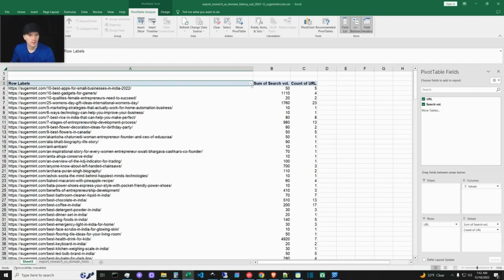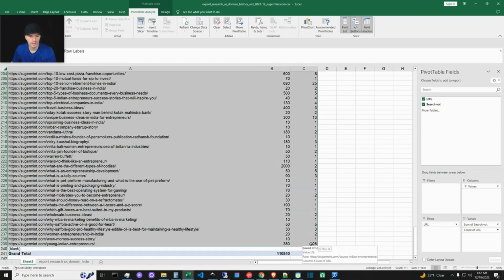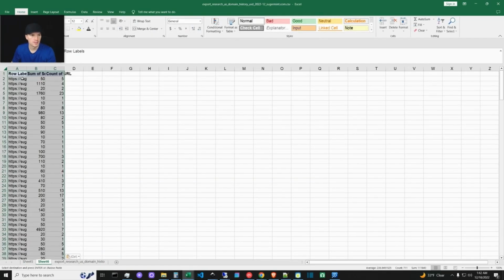So it's unwieldy to use it in this form, and so what I prefer to do is I select this top row, then hold Control and Shift and press the down arrow. And you don't want to select this bottom row because it glitches the way that you copy this data. So you hold Shift and you click that last cell over there on the other columns, then copy, Control-C, open a new sheet, and paste it. And what this does is it detaches the data from the data pivot table link